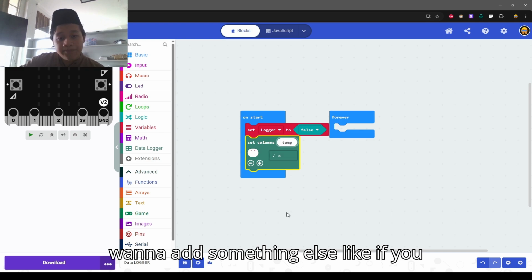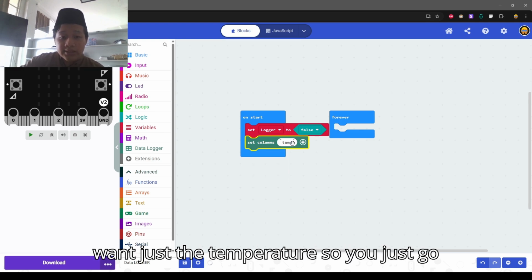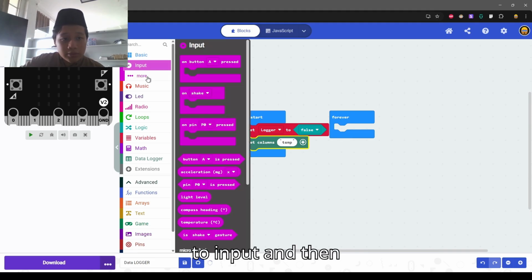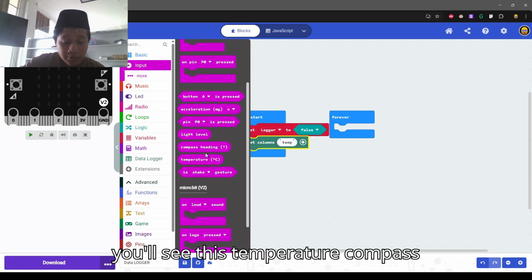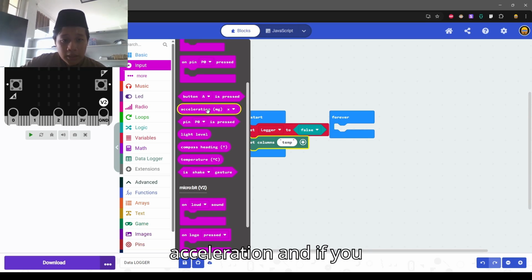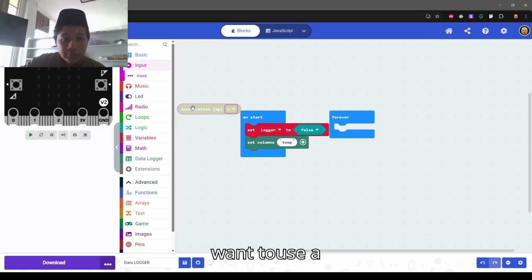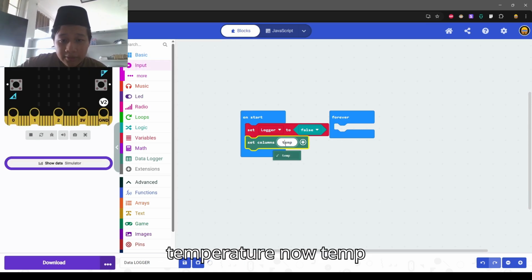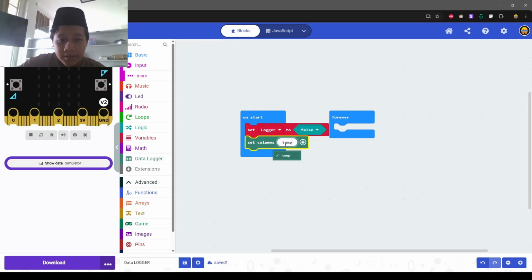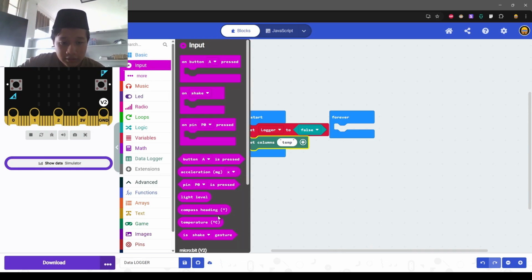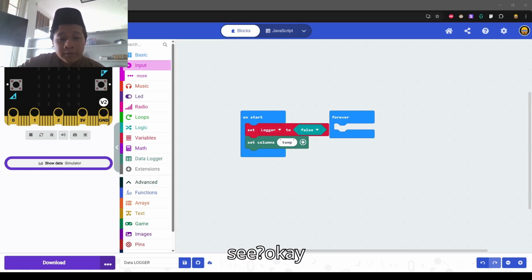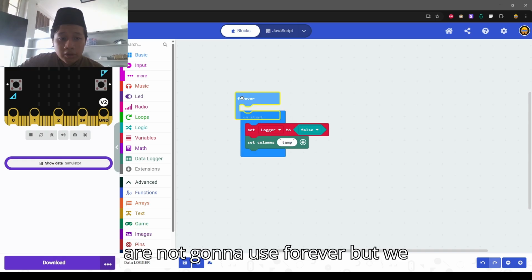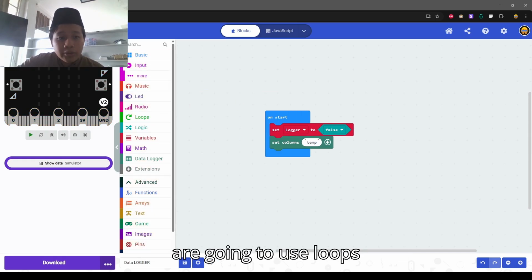But if you want something else, like just the temperature, you just go to input, and then you'll see temperature, compass heading, and acceleration. If you want to use temperature, you can just make temperature, in Celsius.